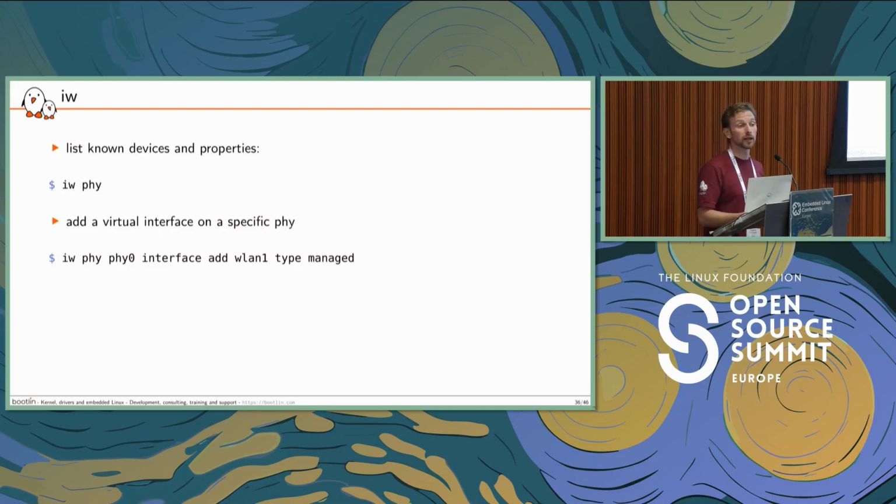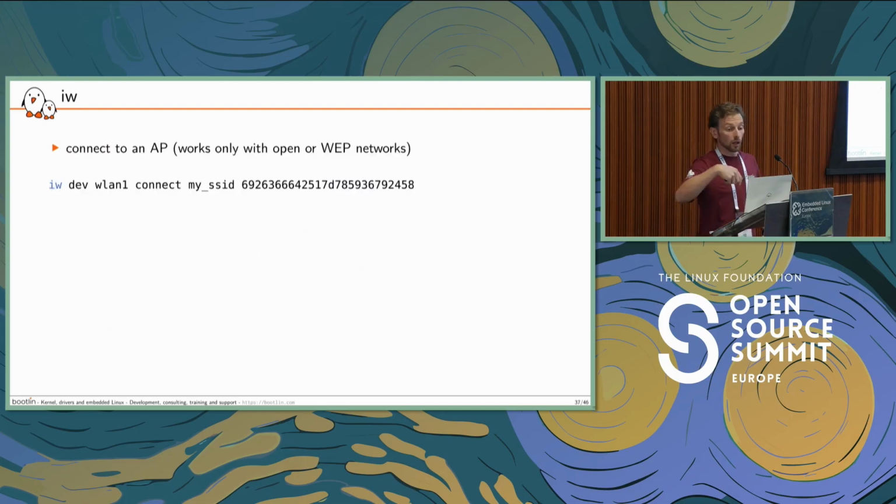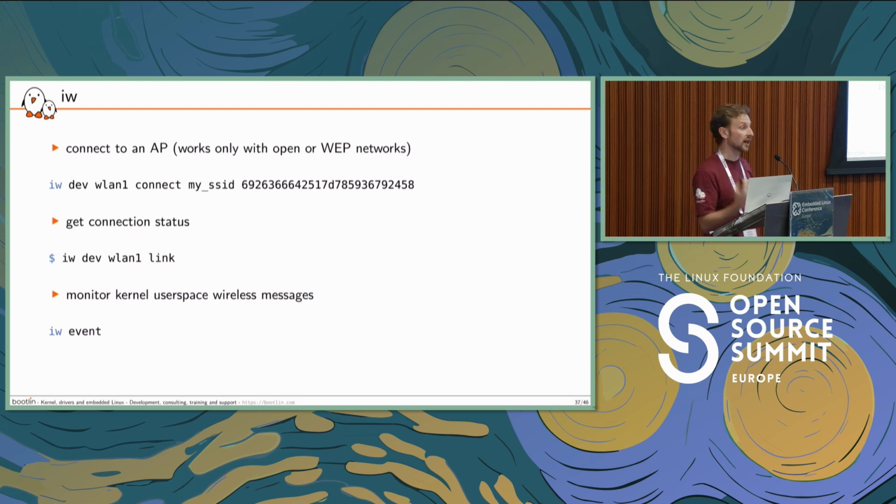I can start manipulating my virtual interfaces. So here I add a wlan1, which will act as a station. That's what the managed flag means here. And I can possibly start playing with some connection and scan. So here, triggering a scan, connecting to a simple network. Once again, this is not WPA2 or 3 here. This is WEP, likely. I can take a look at the connection status, and I can also start performing some very early debug. So for example, I can ask iw to let me know about any nl80211 events notified by the kernel. So to see the overall timeline of messages exchanged between user space and kernel.